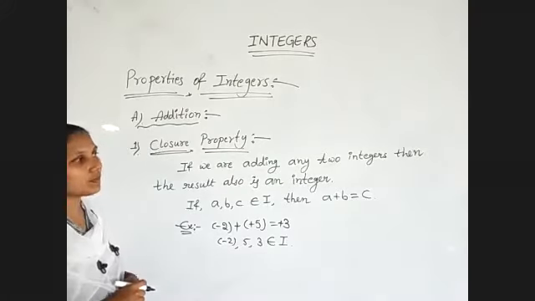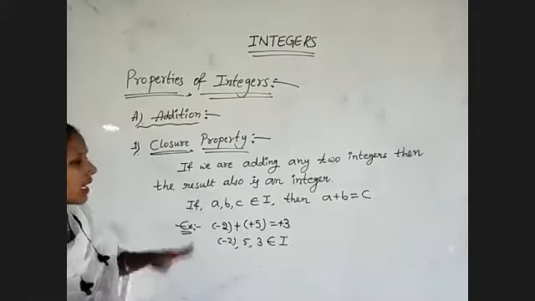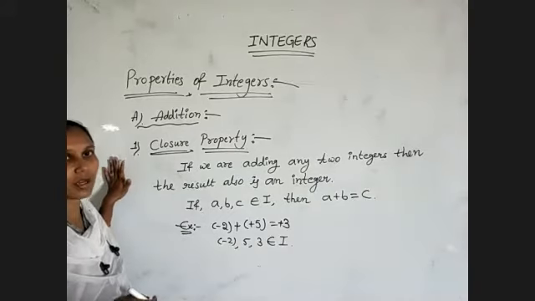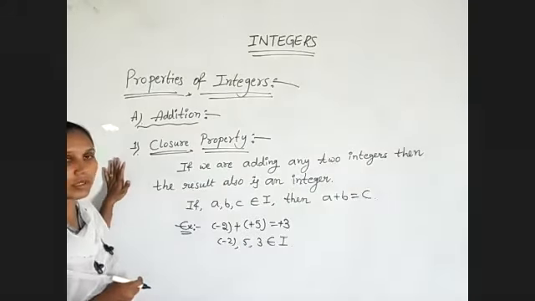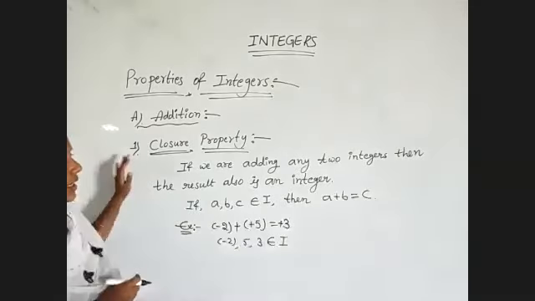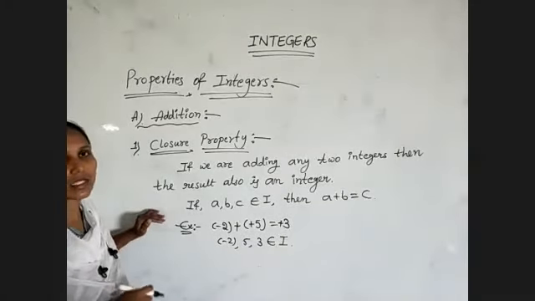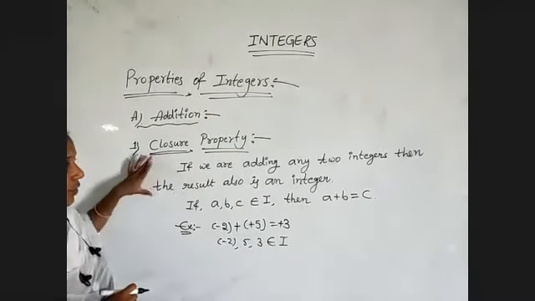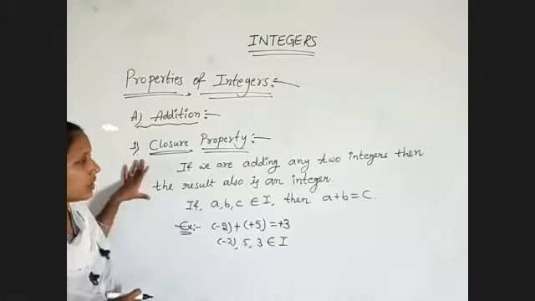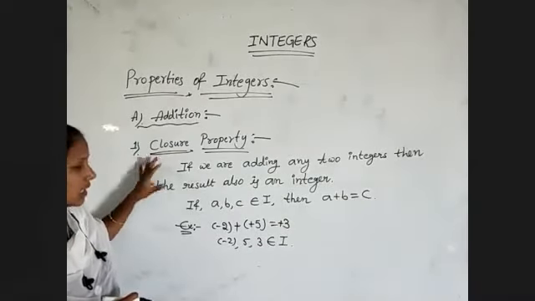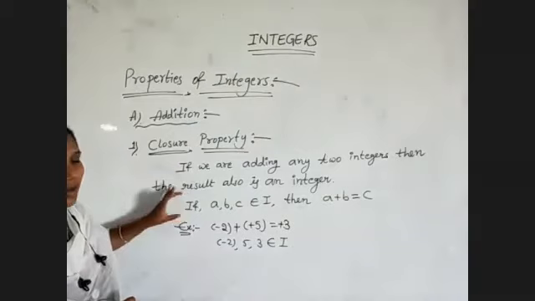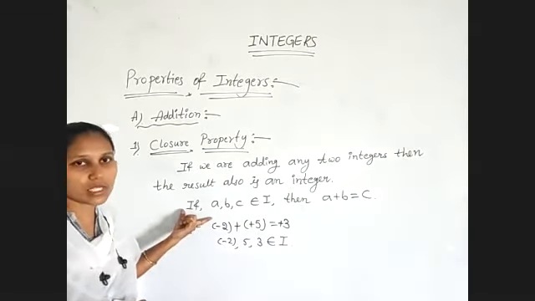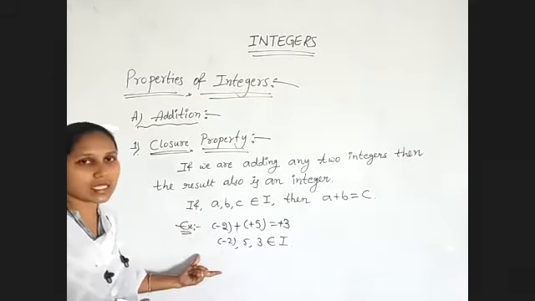And coming to the next property. So once again I am explaining. It is very clear. You have applied for whole numbers also, so there is no confusion to understand this concept. Whenever you are adding any two integers, the result also is an integer. That is the statement, that's all. If you want to write in statement form, in words you can use this. Usually we represent it in the symbolic form, so use this one. And these are the examples.